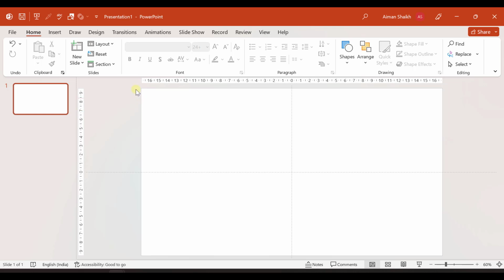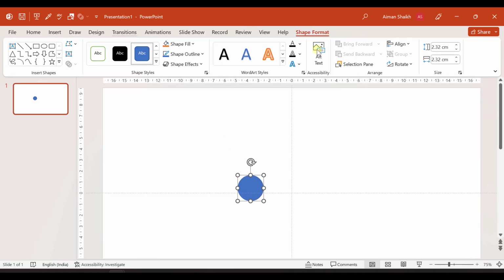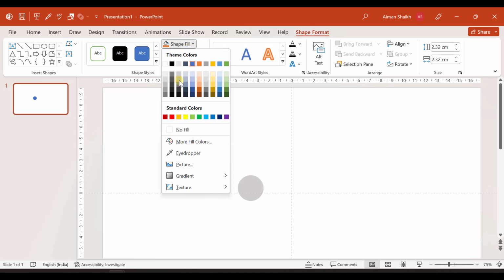So let us open a blank presentation, and first of all let us make a button. So I'll go to insert, shape, and let me choose a circle. If you want to make an exact circle, then do hold the shift button while you make a circle. If I make a circle like this, it can be oval shape. If I press shift button, then it will be an exact circle. So let us take this size, and now in the shape outline, let us say no outline, and in the shape fill, let us choose this